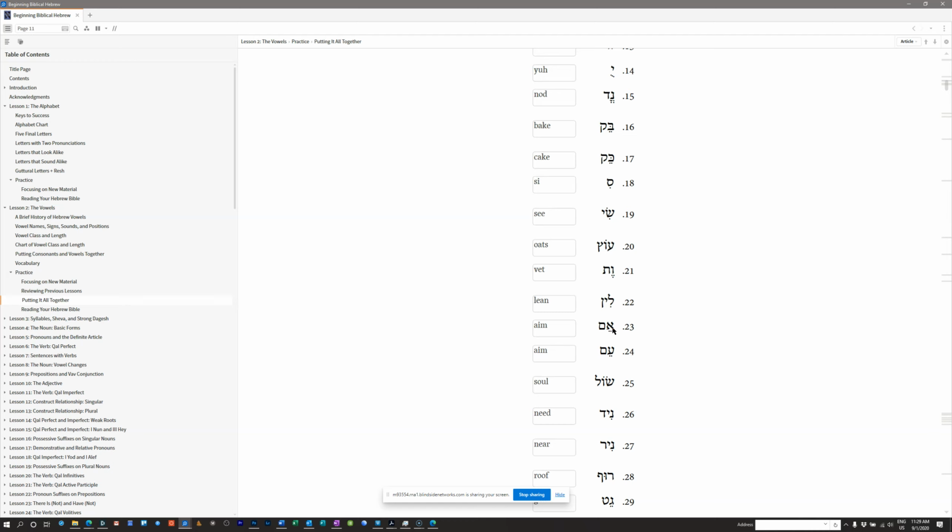All right, so what's the difference between the aleph and the ayin if they're both silent? And if they're both silent, why even have them? What's the point? Well, here's the first reason. Even if they were silent in Hebrew, the reason to have them is because these vowels need a consonant. In English, a vowel doesn't need a consonant. A vowel can stand on its own. In Hebrew, a vowel has to hang off of a consonant. There's only one exception to that. Like I said, we'll get to that eventually. But anytime you have a vowel in Hebrew, you are almost always going to have it preceded by a consonantal sound.